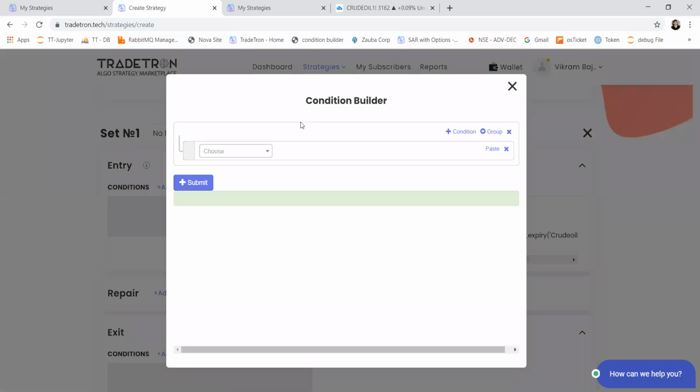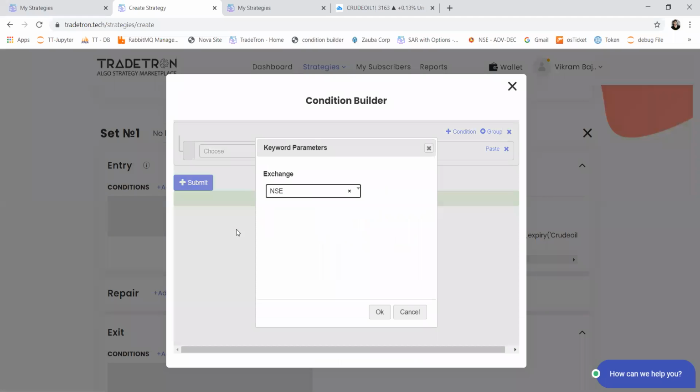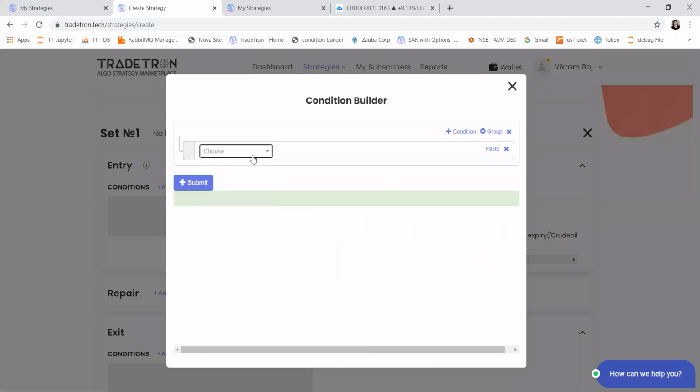You just click on add and you will see the condition builder open here. You can build your own trading logic from here using these keywords. Every keyword is basically a building block. There are date time related keywords and technical analysis related keywords. You can apply RSI, SMA, EMA. All the technical indicators are available for you if you want to build your own strategies. You can also look at our previous webinar videos where we have discussed how you can use these keywords to build your trading logic on Tradetron itself.